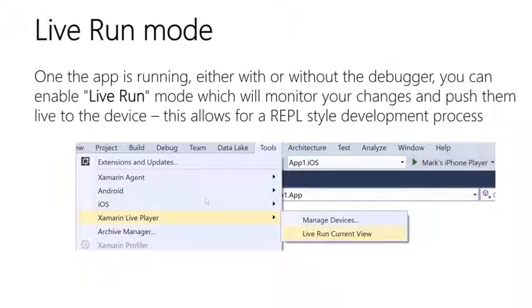So for example, I could start adding new UI elements into the visual tree. I could change colors, fonts, text, move things around, and I can actually see them happening live on the device as I make those source code changes. This is an incredibly powerful way to be able to build your app in a step-by-step fashion without the traditional compile, deploy,